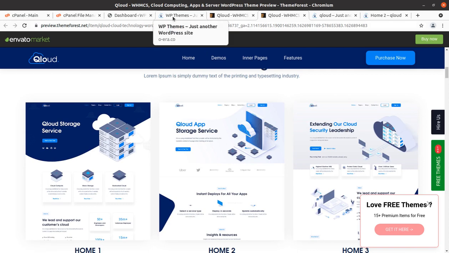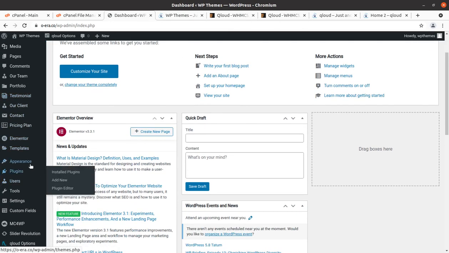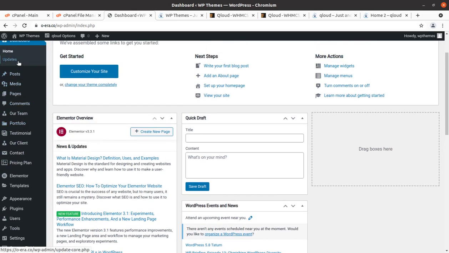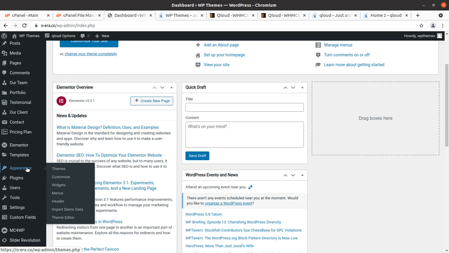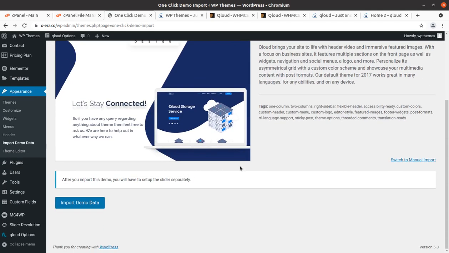So at this stage we need to import the demo content to the website to make a target website like any of these. So we have to find the demo content importer option, and I'll also show you all these options, what these options bring additionally to your website, what features these options bring. So first of all, we need to complete the demo part. The import demo data option is under the appearance section. Simply click on import demo data, and yes, it is a very simple screen.